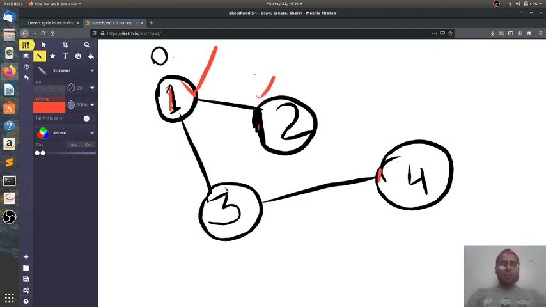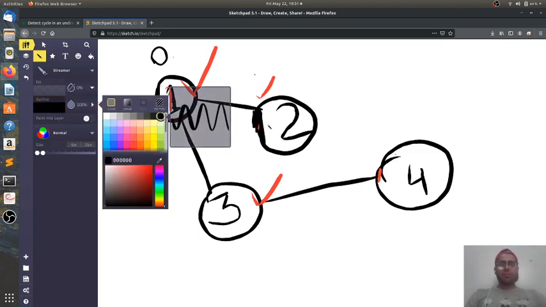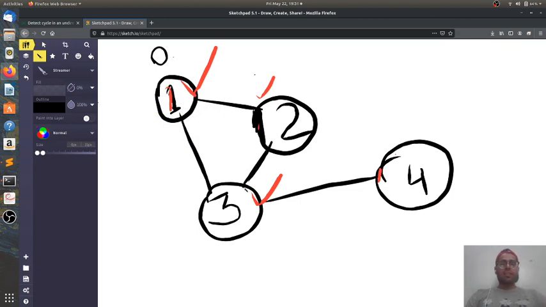Now we'll go to 3, and then we'll go to 4. Now 4 has only one neighbor, 3, which was visited earlier in the DFS approach. So 4 has one neighbor which has been visited and it's also its parent. So there is no cycle. Same case for 3 and 1. But say there was a cycle in this graph, that is from 2 to 3, let's make an edge.